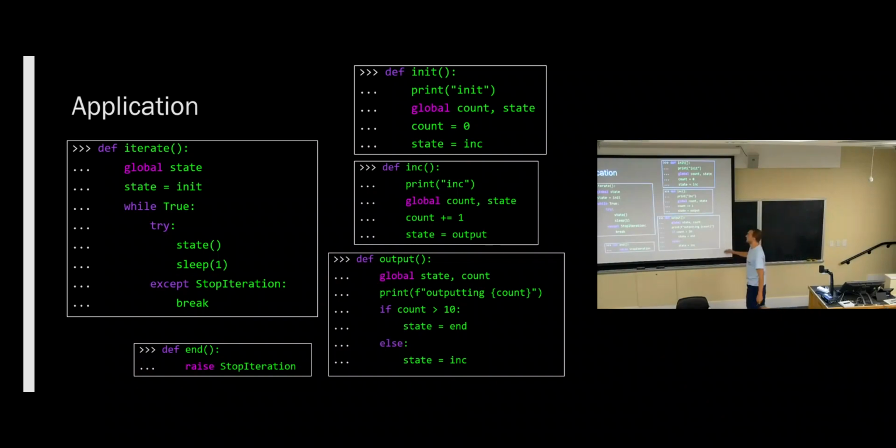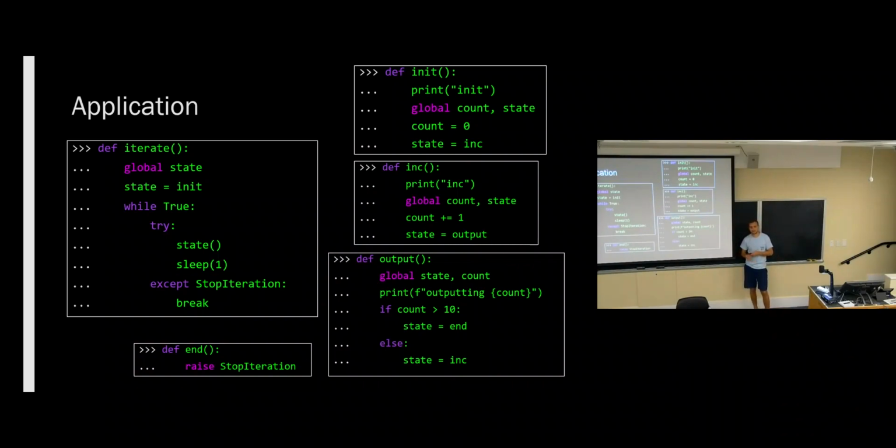So you have these different states, and it's really convenient when you can represent the states themselves as functions, and then you just call the function, and the function is responsible for doing this manually. You might be able to imagine if we couldn't set variables to functions, then the way you would have to implement this is with a ton of if statements. You would have a state variable that's just an int, and a switch statement like, if state is 0, then we know that's init, so call this function. If state is 1, then we know that's inc, call this function. But because we can just set these functions to variables, it's very, very clean. No need to interpret an int or anything.